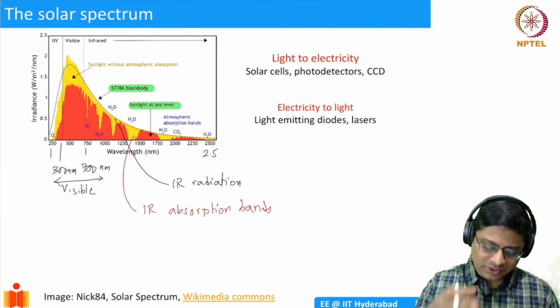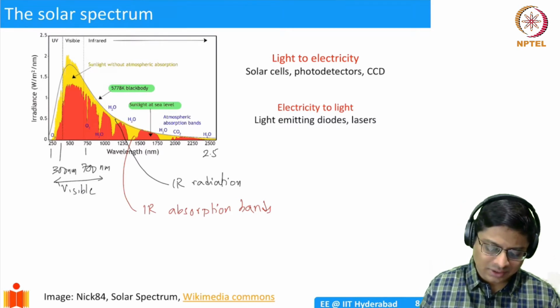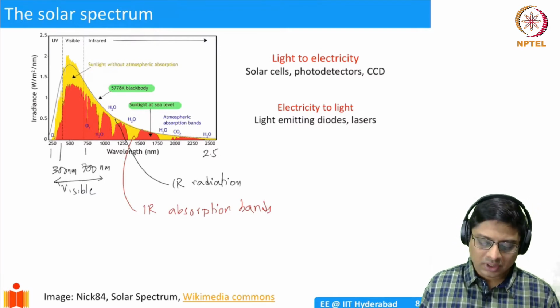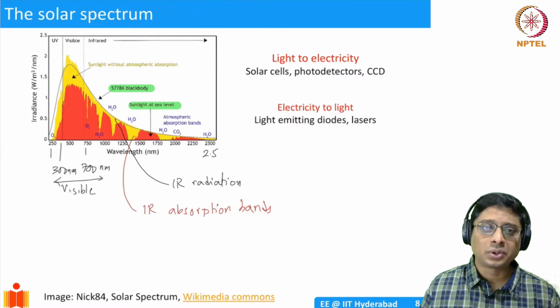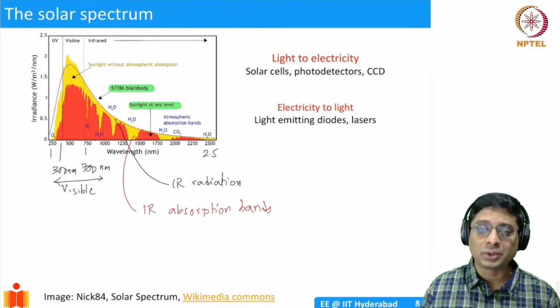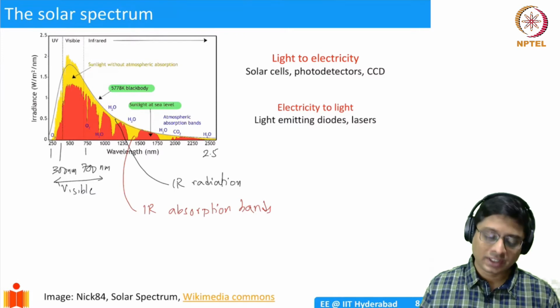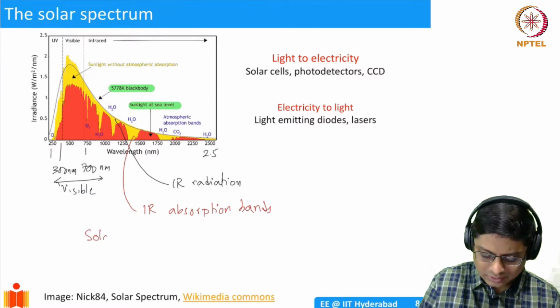So because of that, you see at certain windows you have complete absorption, and at other wavelengths it is transmitting, and you see nearly almost all the solar radiation is reaching the Earth. So this is about the solar radiation, and because at each location the solar radiation is different, depending on the latitude, longitude, the amount of intensity that reaches Earth will vary. So scientists adopt a very standard spectrum, and usually we refer to it as a solar spectrum